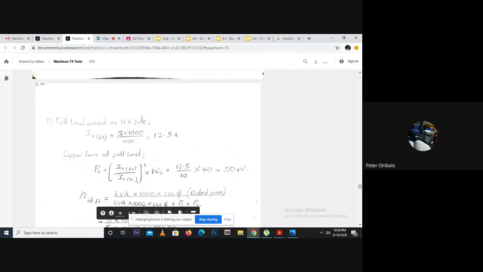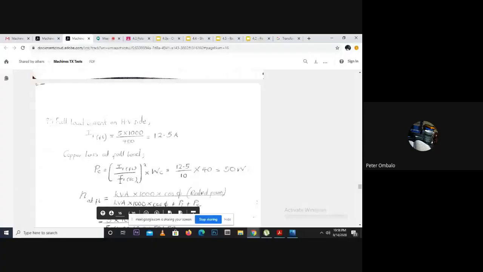So current at full load, we have been told that the transformer is operating at 5 kVA. So 5 times 1,000 divided by the current in the input. So divided by the current at short circuit, all that squared. If you multiply by what the wattmeter reads at short circuit test, we get the copper losses at that